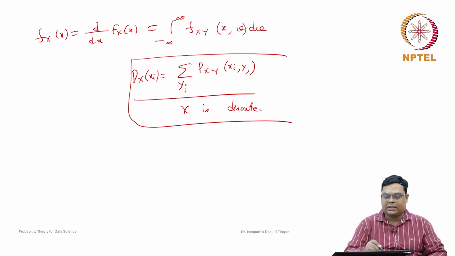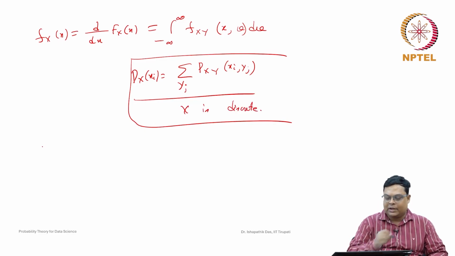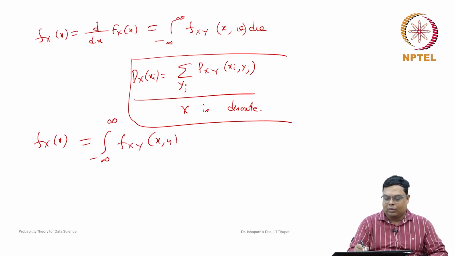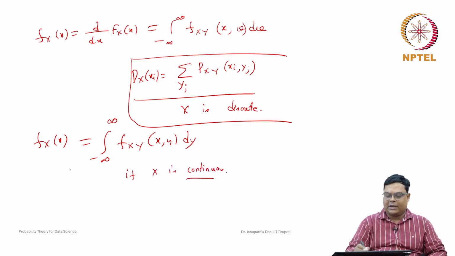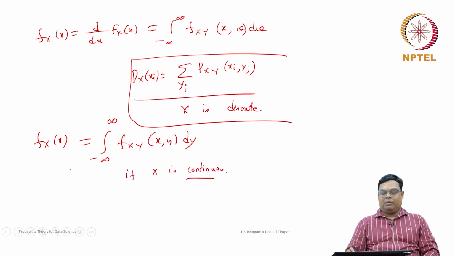Now, for the continuous case, how can we find that? For the continuous case we will find f_X(x). Instead of the sum, we take the integration of the joint density function f(x, y) with respect to the other variable, whenever x is a continuous random variable. This is the marginal probability density function. If you integrate with respect to the other variable, then we find the marginal probability density function